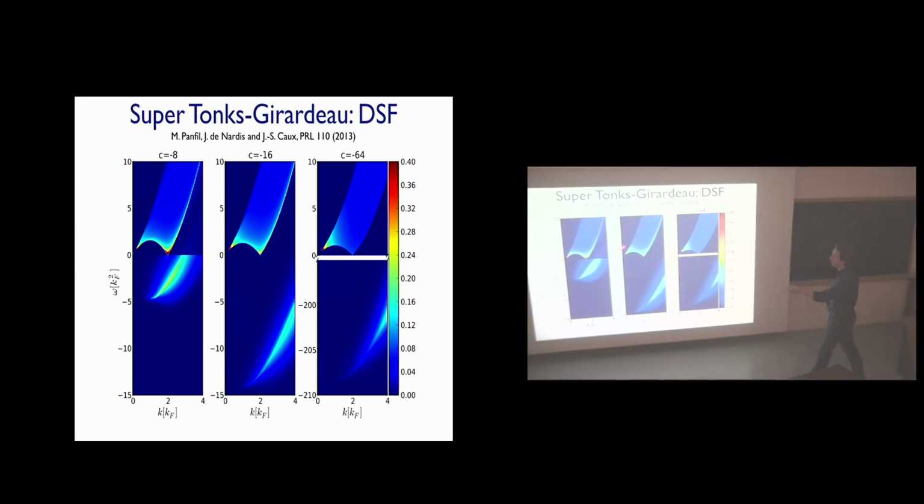You remember the repulsive gas, it had a very strong correlation in the type 1 branch. The attractive gas, so the super Tonks-Girardeau, has two features. First of all, much stronger correlations at this first incommensurate point here. But it also has negative energy contributions to correlations that correspond to intermediate states in which bound states are created.